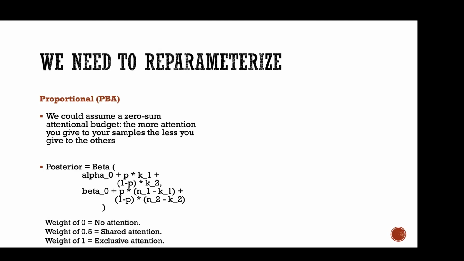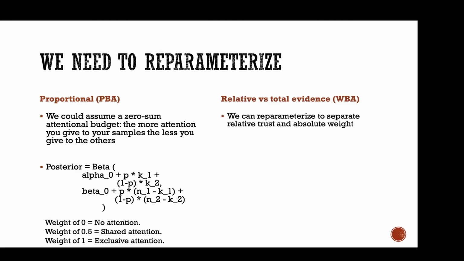However, we might be stubborn and say, no, we actually also care about the total amount of evidence. Let's see if we can trick the model by reparametrizing things and recover both anyway. Well, we have what I call the reparametrized weighted Bayes agent. So we separate the two terms, one that is about the ratio and one that is about the total amount of evidence, right? Let's see if telling the model that these two are two separate things helps the model estimate it.